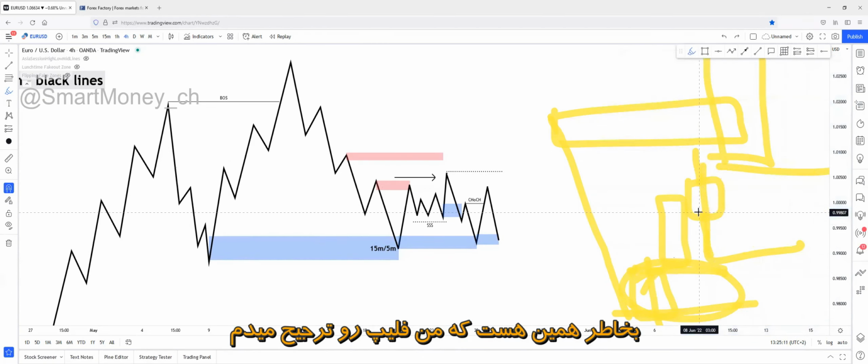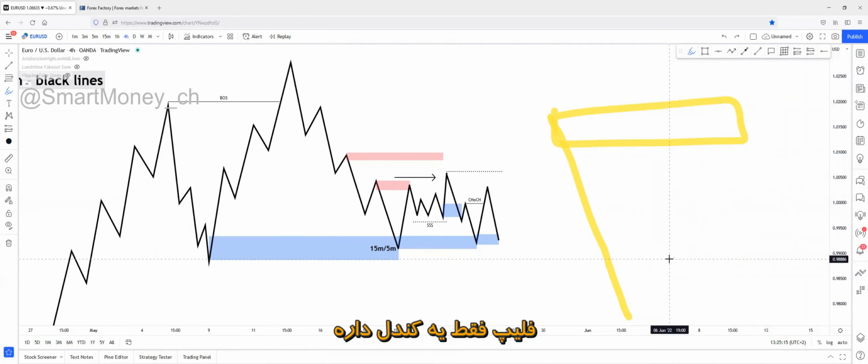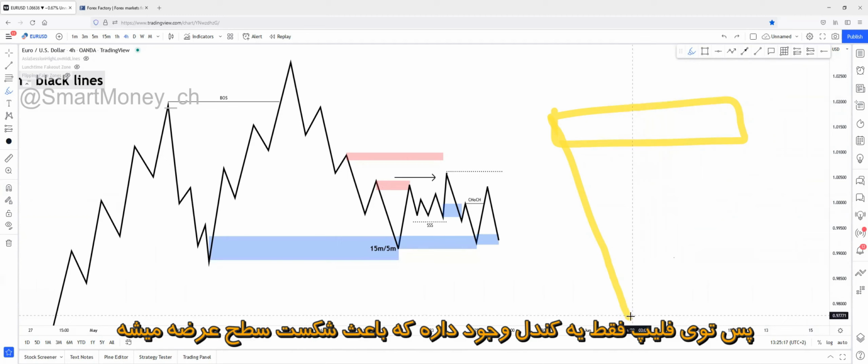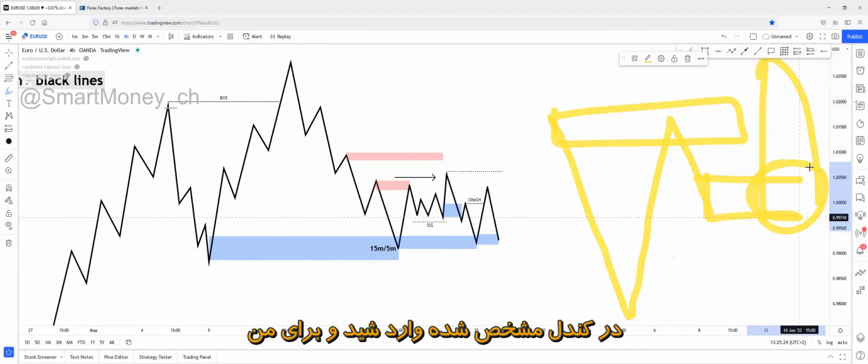And that's why I prefer flips over change of characters, because in flips, there will be only one candle that flips the overall supply zone or demand zone. So in a flip, there will be only one candle that has caused an inefficient break of this supply zone, and you'll be able to enter on that specific candle. And for me, flips are stronger